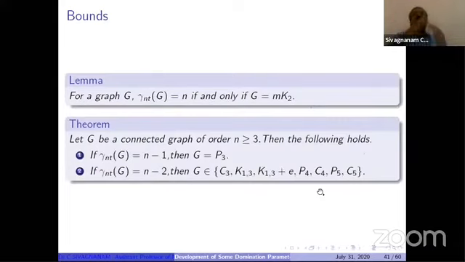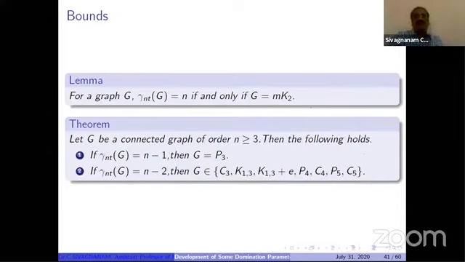Now we have to think about bounds. After the basic properties, we are thinking about upper bounds and lower bounds. For any parameter, what are the bounds? The first one: for the total domination number, n is an upper bound. Here also, gamma nt is less than or equal to n always; more than n is not possible. So when is gamma nt equal to n?